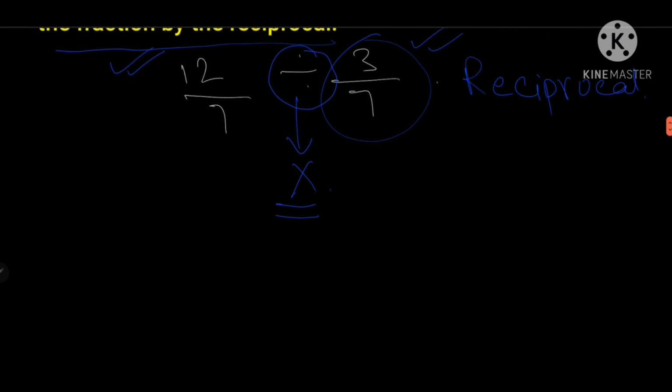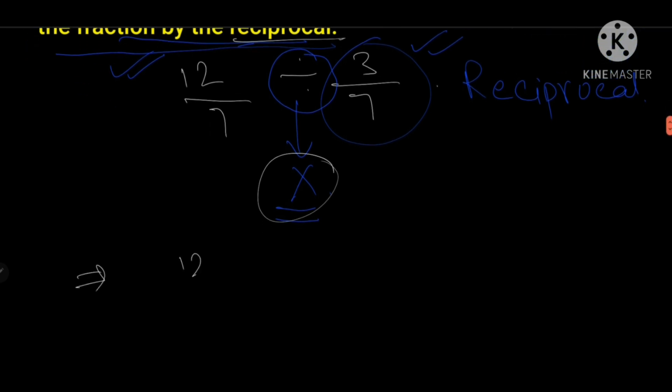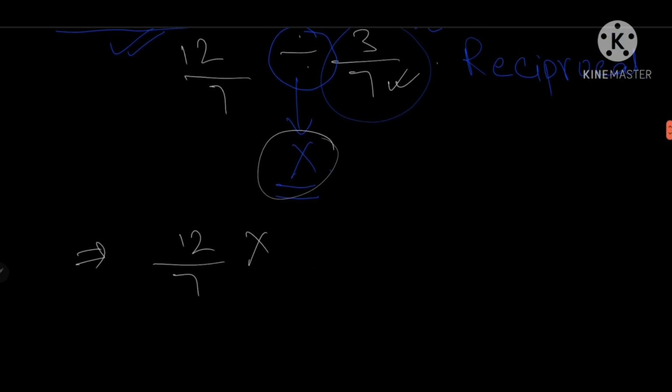Okay, we have to convert. It says that multiply the fraction by the reciprocal. Multiply. So we are multiplying, right? We are multiplying it by the reciprocal. Now reciprocal is not 3 by 7. It will become 7 by 3. So simply if we start the sum, it will be 12 by 7. Divide sign will get converted into multiplication sign, and this 3 by 7 out here will change into its reciprocal. That means it will be reversed, n will become d and d will become n. 7 by 3, and over here we'll write what has happened out here. Reciprocal has happened.